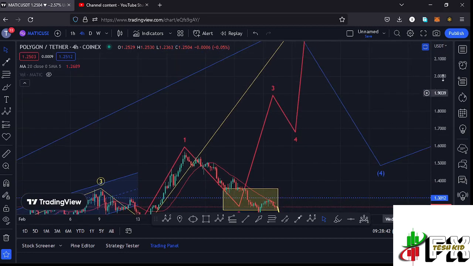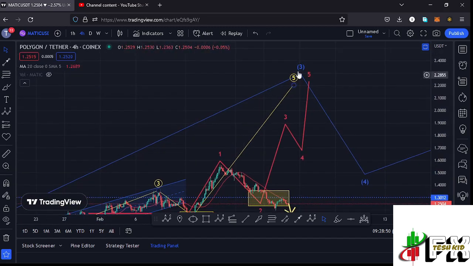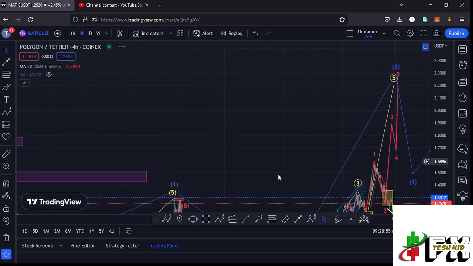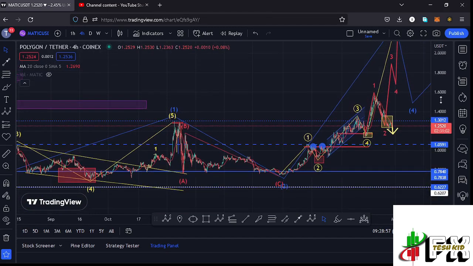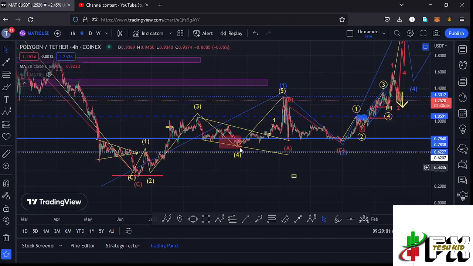And I believe that whatever we are seeing over here in this Elliot wave structure right here in yellow is a fractal wave, where I'm expecting the formation of this wave 5 to complete an even larger Elliot wave count 3 to the upside of this Elliot wave structure right here in blue. And that is what is giving me the long-term scenarios that I'm expecting to play out, where you can see that after making our lower low at around the $0.32 mark, we started that massive bounce to the upside, obeying